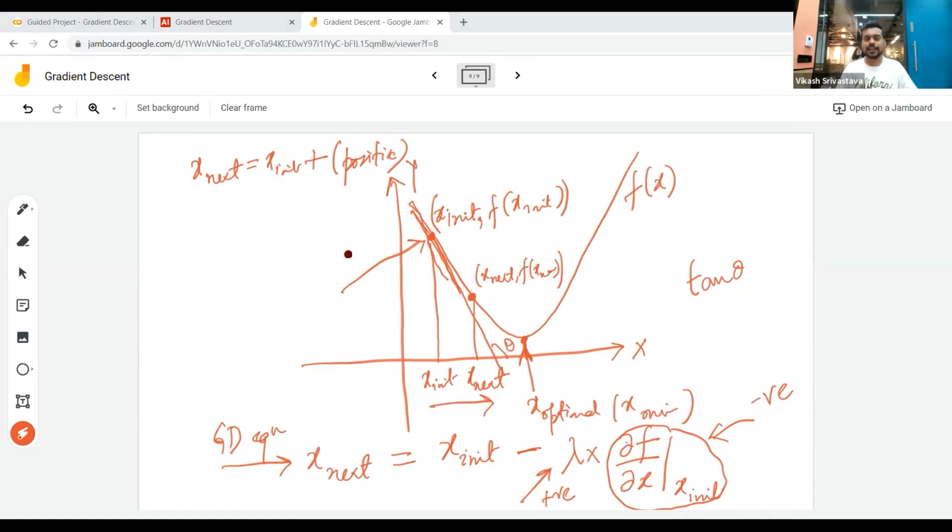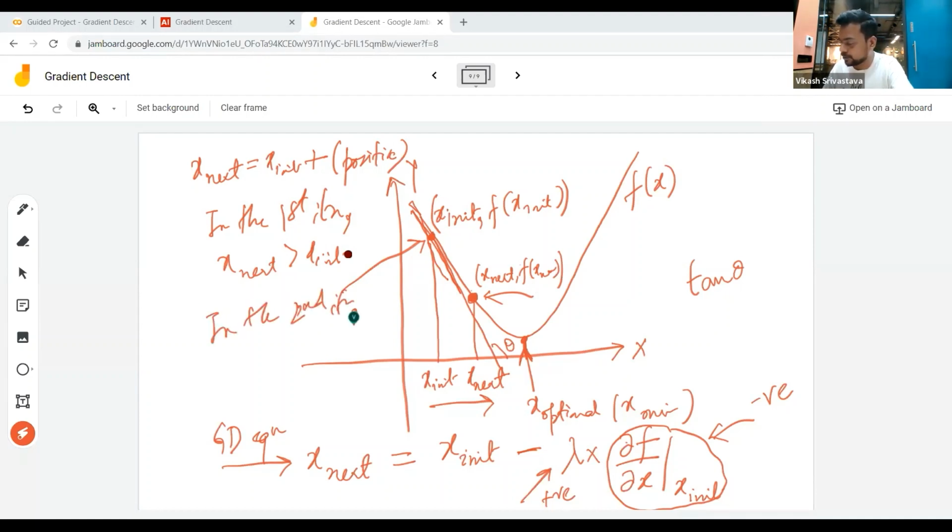Okay, so in the next iteration, let's say in the first iteration, x next is greater than x init. Okay, so now we come at this particular x next or this particular point. Now in the next iteration we'll of course use the same equation. So in the second iteration also we'll use this particular equation only, right? So here also the derivative is negative, so x next, in fact I should write this as